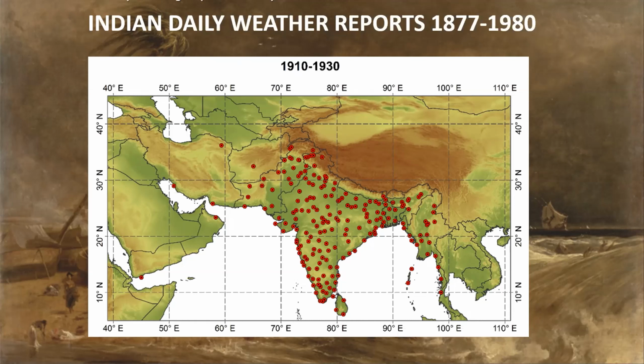And to actually get this data together, this full coverage from 1877 to 1980, we had to not only get what we had in the Met Office archives, which wasn't a lot, surprisingly, but we also had to go to the National Archives of the United States. We had to go to the Met Service in Canada and the Met Service in France to get enough coverage, to scan all of these books, or volumes, as there were lots of missing ones. It took us quite a number of years to get this all together.